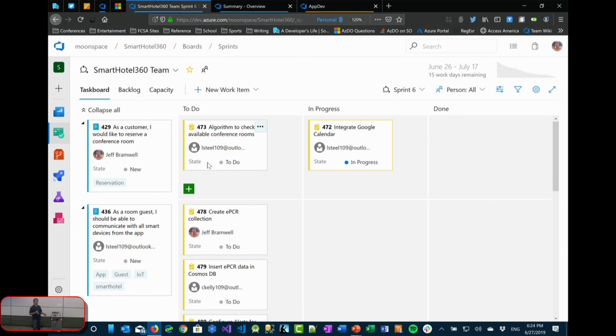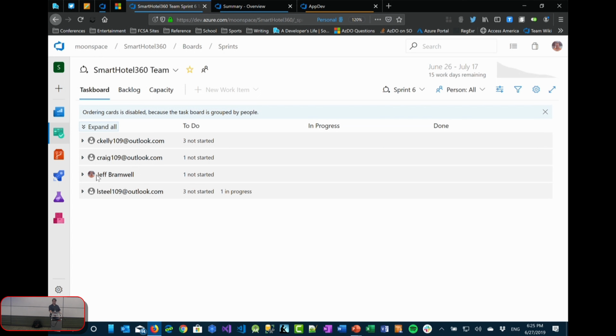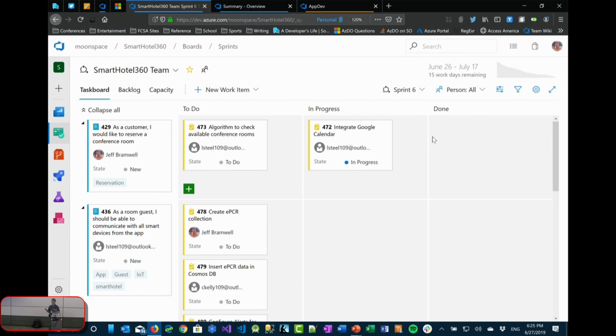And you can pivot these multiple ways. If we go back over here, right now it's grouped by backlog items, all these PBIs, but you might want to group it by people, for example, if I collapse it over here. So now we've got 4 people working on things, or you can have it by PBI, like I said. So again, just different views into the same data. And that's a common theme throughout all of these hubs, if you will, in Azure DevOps. You'll see multiple cases where it's just different views on the same data, depending on what it is you're trying to accomplish or what your role is, and so forth.